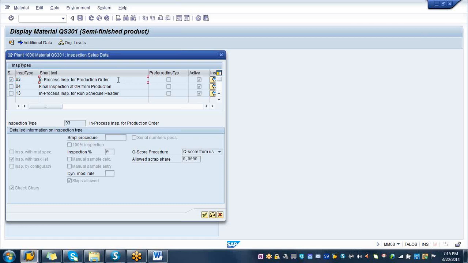You see this? In process inspection. That means while you are producing it, every operation is subjected to inspection. The next one, final inspection at the time of goods receipt from the production. That is also there. So if you want to take a look at the parameters that are attached to inspection type 04, put your cursor there,